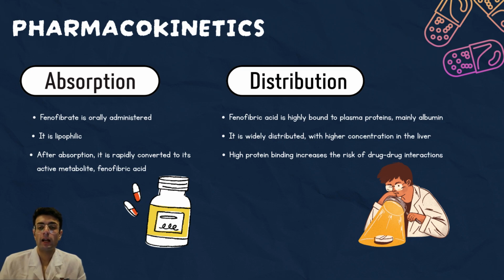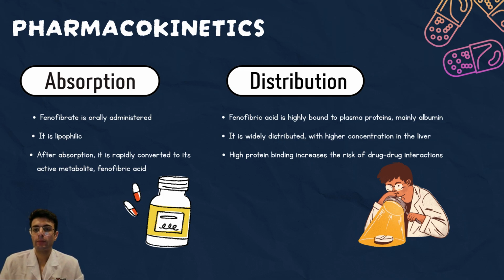Alright, so on this slide I'm going to explain the pharmacokinetics of fenofibrate, focusing on absorption and distribution. First of all, let's start with absorption. Fenofibrate is taken orally, so it has to be absorbed through the gastrointestinal tract. And this drug is highly lipophilic, which helps it to cross cell membranes more easily and reach its target site and target organ. After absorption, fenofibrate is rapidly converted to its active metabolite and active form, known as fenofibric